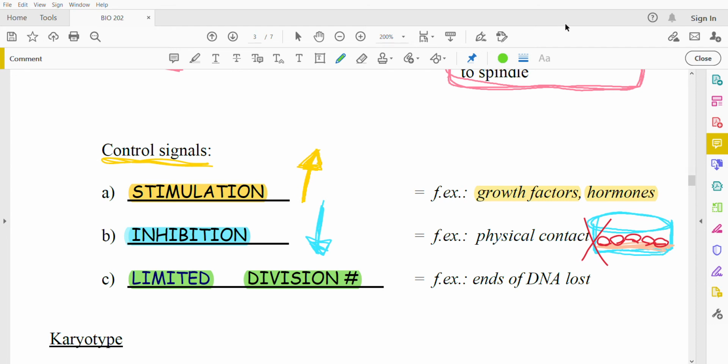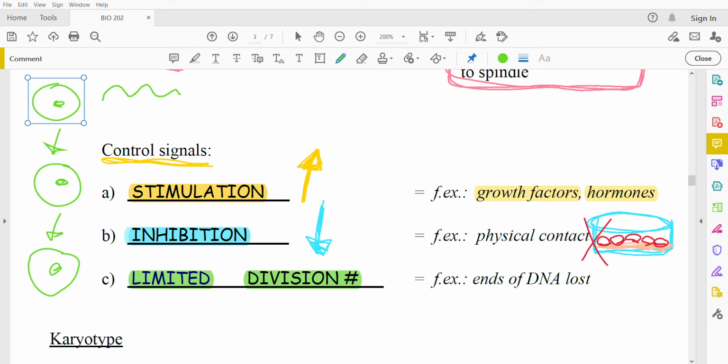So if you think about it, with each time that a cell replicates, so I'm only drawing one of the cell, it's going to produce 2 cells with each division. But each time that we're making a new cell, each time the DNA within that cell must have been also